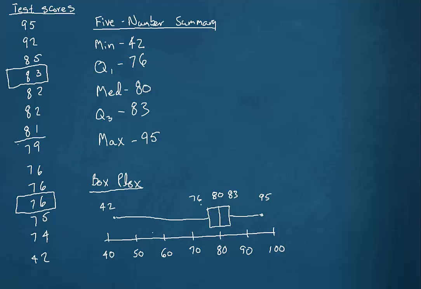The span from the first quartile to the maximum value, so in other words, 75% of the data, the top 75% of the data, span from 76 to 95, which is a range of 19 units. The bottom 25% span this range from 42 to 76, which is a difference of 34 units. So we appear to have data values that are clustered towards the top,